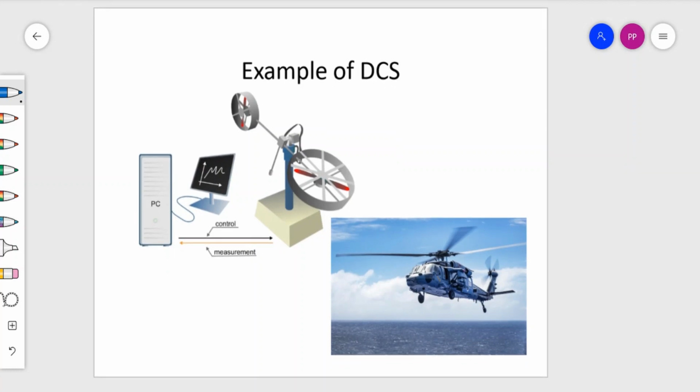We have digital control systems in almost every application in this world, and one such application is helicopter control. In the laboratory we have a helicopter model which has two propellers, one for the upward movement, that is called the heave movement, and another for the azimuth movement, that is the movement of the tail rotor. This complete system is controlled with the aid of a computer. The entire control signal is developed by processing on the computer.